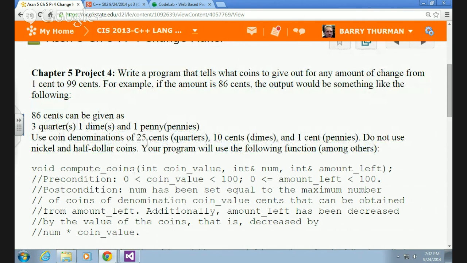Coin value is going to be the value of a particular coin we're looking at. So for a quarter, that would be 25. And for a dime, it would be 10. Amount left is going to start off with the amount that we're